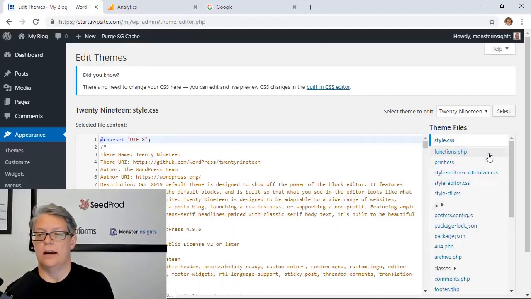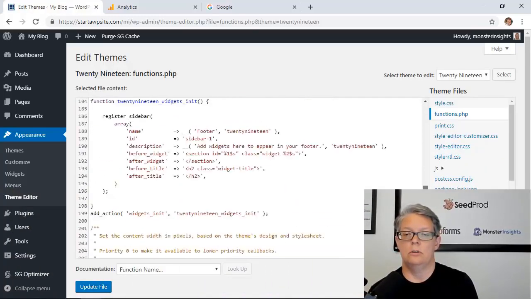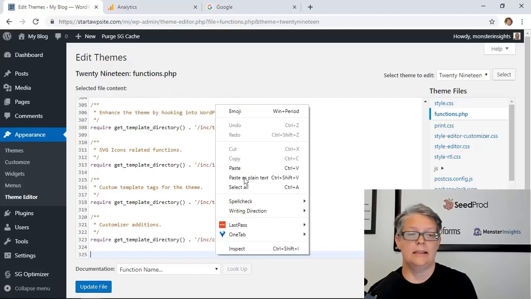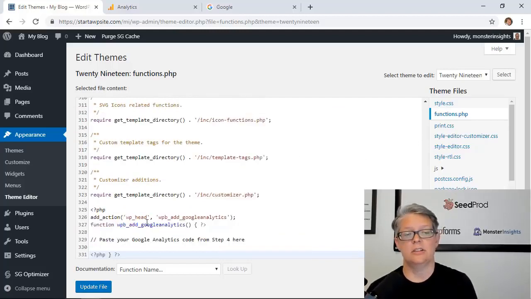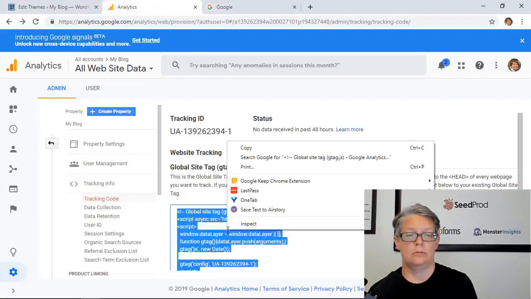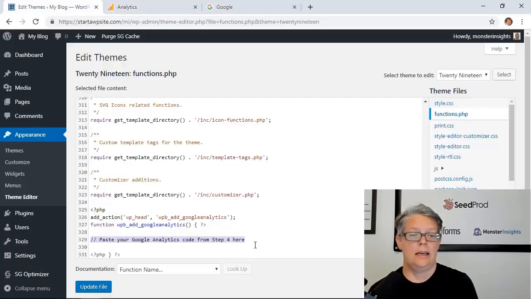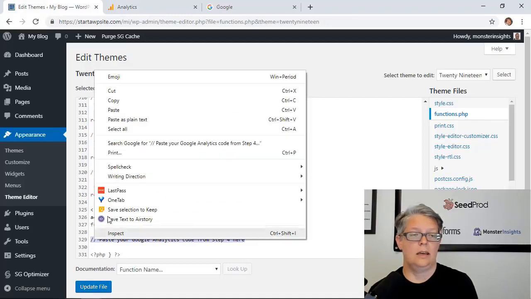Under the code on the right, I'm looking for my functions.php, and we're going to scroll all the way down to the bottom. So I'm going to right click and paste, and this is a function that we created. You can get this code on our page about installing Google Analytics. And what you want to do is, you see here, there's an instruction to paste the code. That is the same code as this tracking here. So we want to copy this again, head back over, and in this area, we'll highlight that